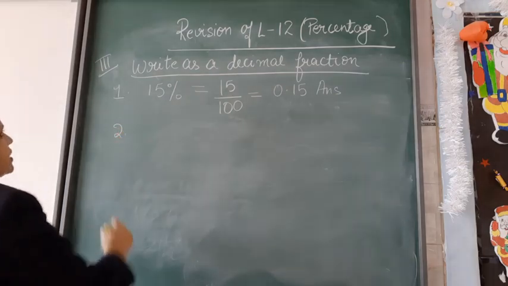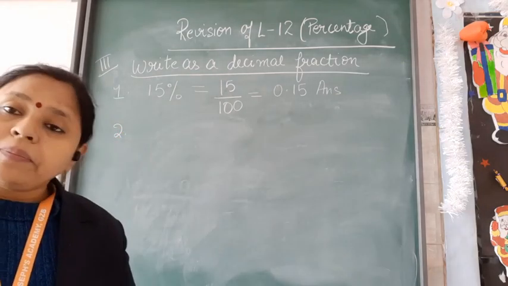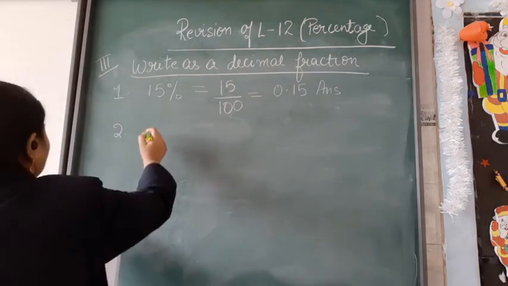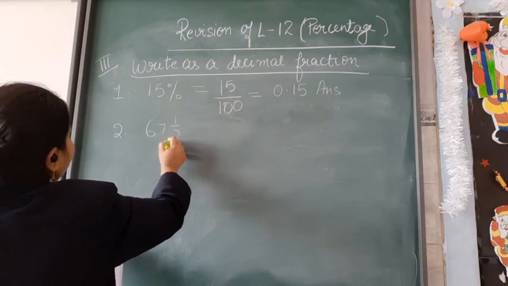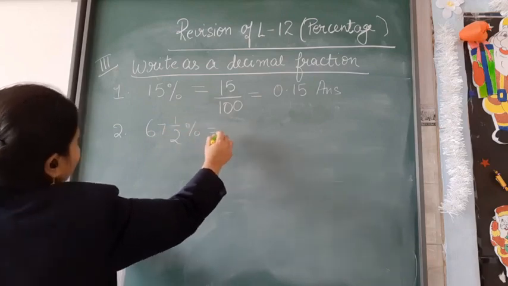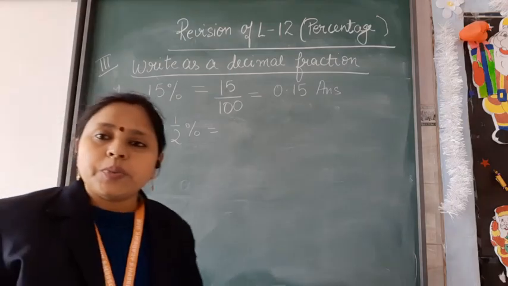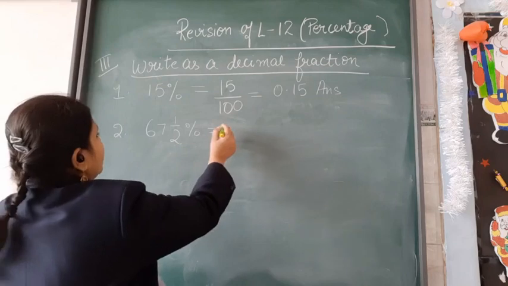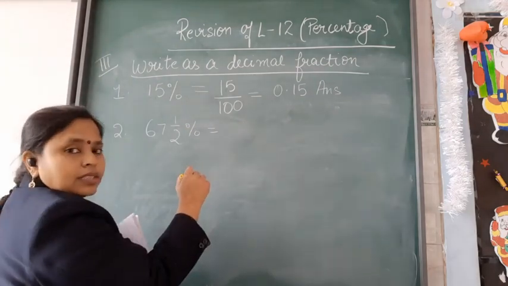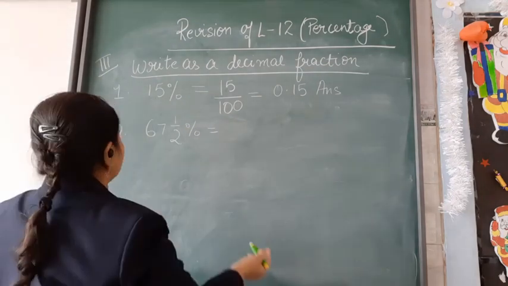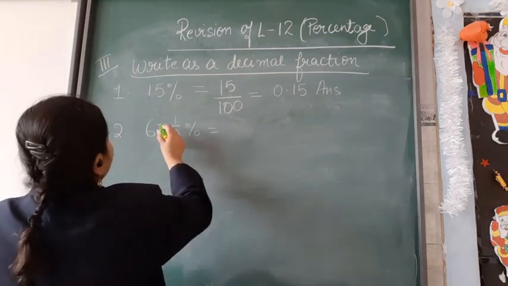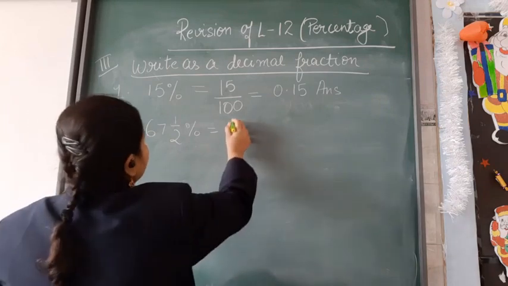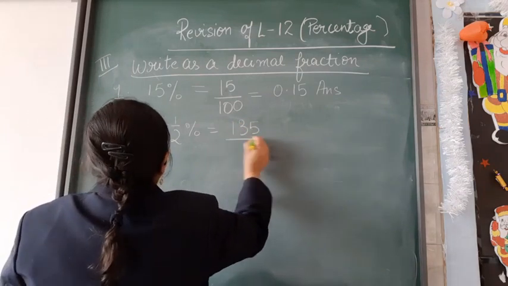Now let's do the second question. So, second part of question number 3. In the second part, we are going to change 67 1 by 2%, or we will write 67 1 by 2% as decimal fraction. So let us see how we will do this. First of all, this is a mixed fraction. Let us change into improper fraction. So 2 7s are 14, 2 6s are 12, and it will be 134. That is 135 upon